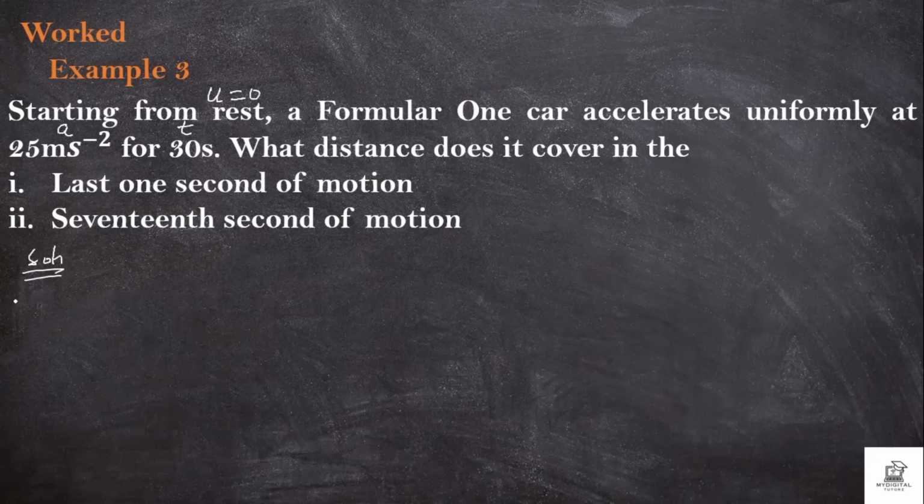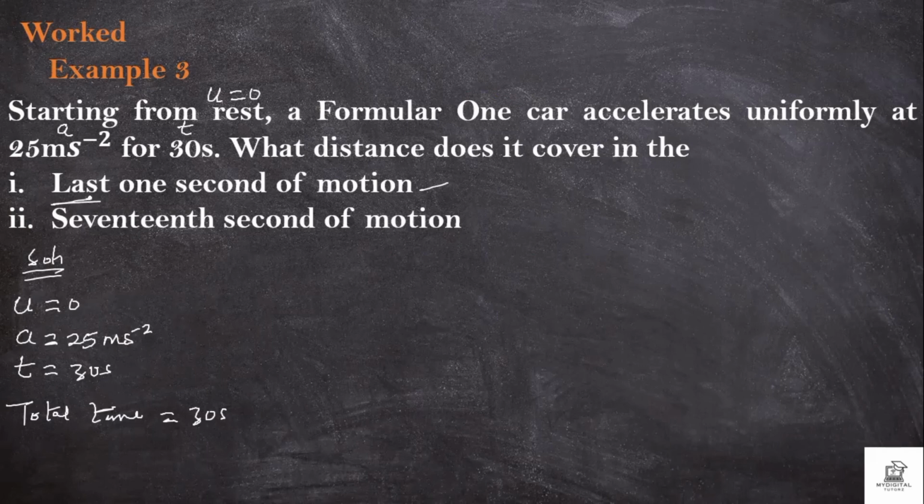So u is equal to 0, the acceleration a is 25 meters per second squared, and time t is equal to 30 seconds. What distance does it cover in the last 1 second? So here the total time is equal to 30 seconds. The last 1 second,